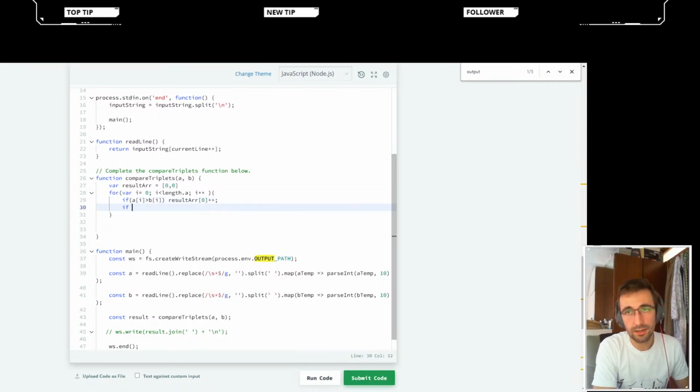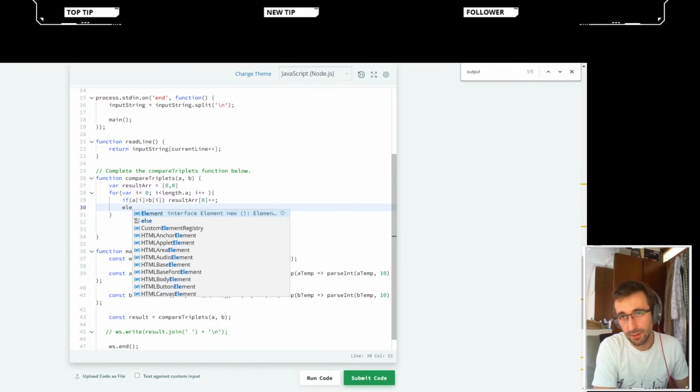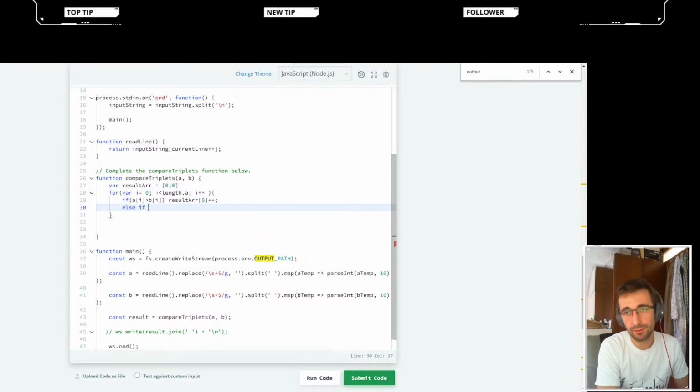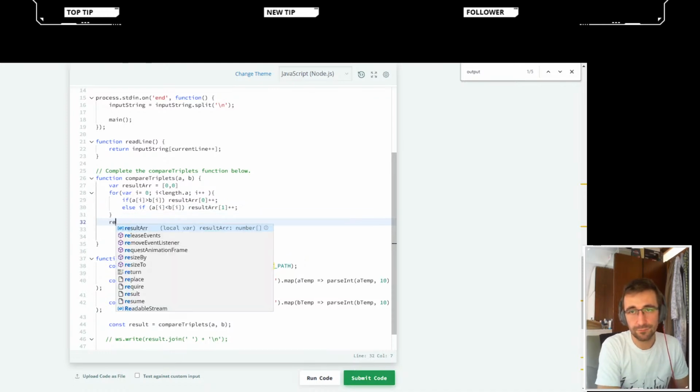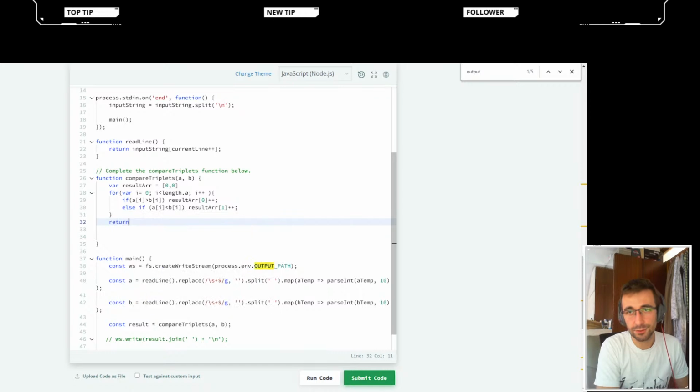If not, we're going to have, well, basically an else if, but sometimes we want to write ifs, sometimes we want to write else ifs. Some people don't want to write else ifs no matter what. But to each their own, I guess. We're just going to change the sign, and we're going to copy this, paste it, change it to 1, and then we don't even have to consider the case where they're tied, because it doesn't affect this. So there's no sense in checking for it. We're just going to return the result array,